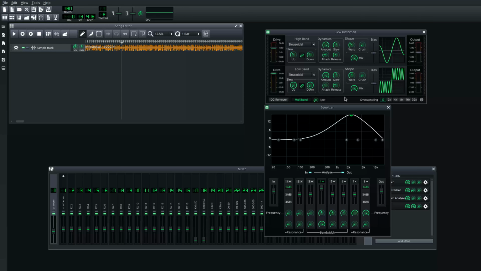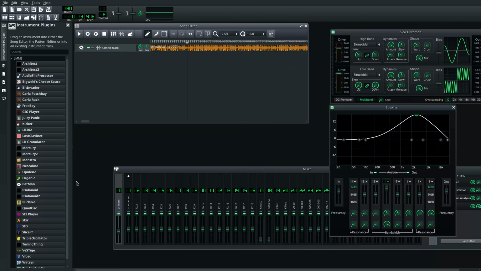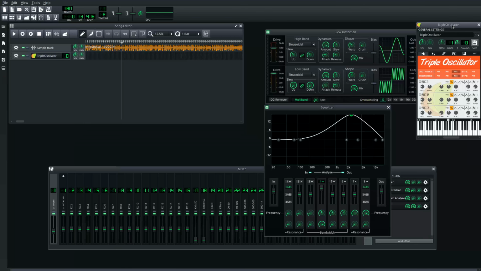Yeah, it's a lot of fun. Especially with bass tones. You can even take something as basic as a sine wave and